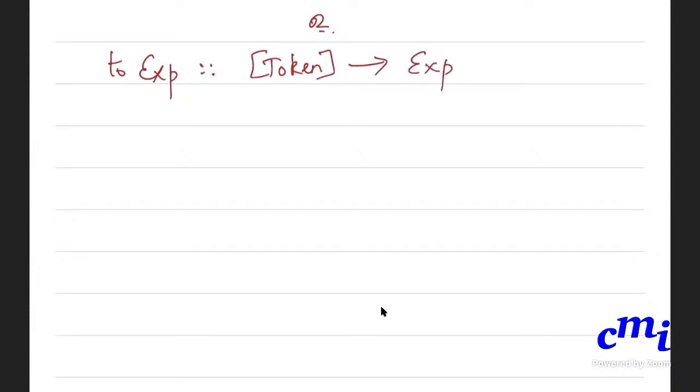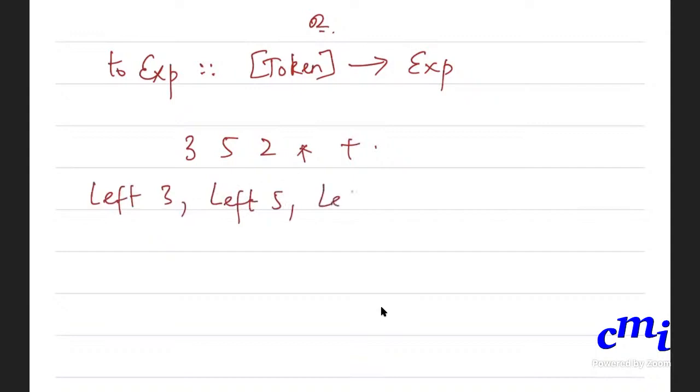And here is where you need to use stacks. The idea is as follows. When you have 3, 5, 2 star plus, if you convert this to a list of tokens, you will have Left 3, Left 5, Left 2, Right Mul, Right Add.